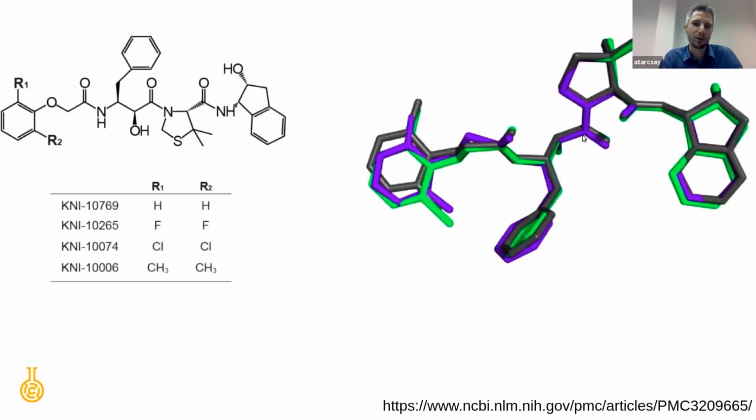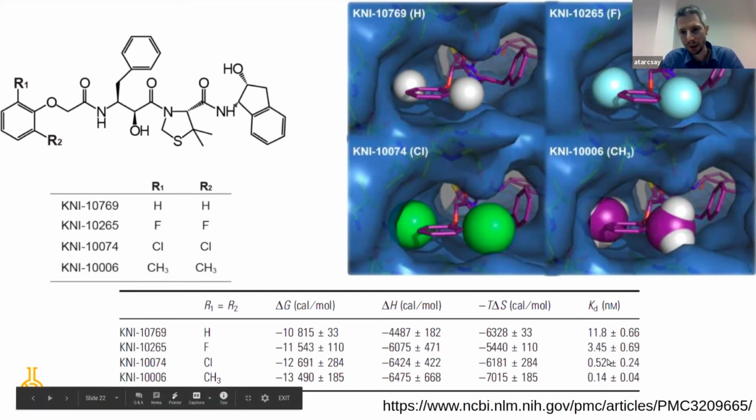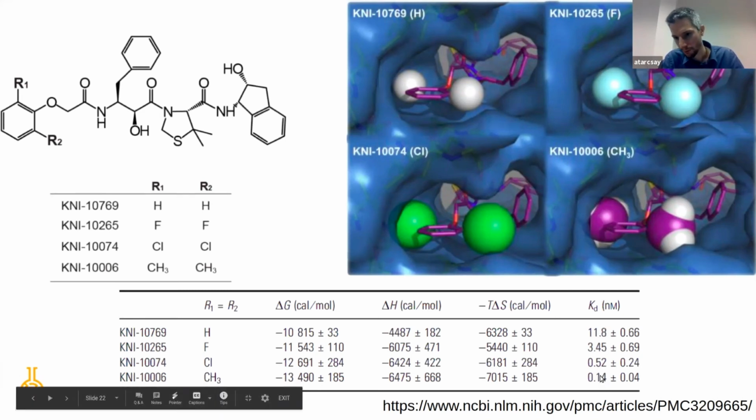Another aspect of how much affinity can be gained by filling a cavity is shown in this example. Again, a large structure where the two R's can be hydrogen, fluorine, chlorine, or methyl. For three of them, there are X-ray structures available, and this was docked into the binding pocket. As you can see, if you increase the size of R1 and R2, then the binding affinity will increase significantly, from 11.3 nanomolar to 0.14 nanomolar, which is